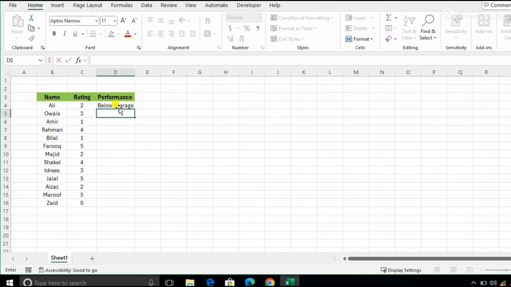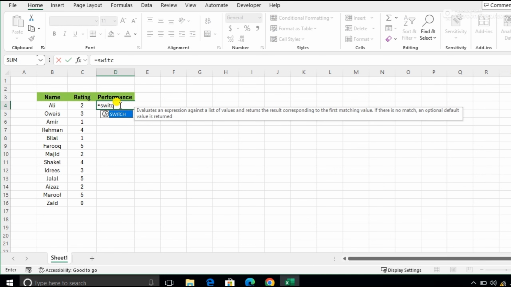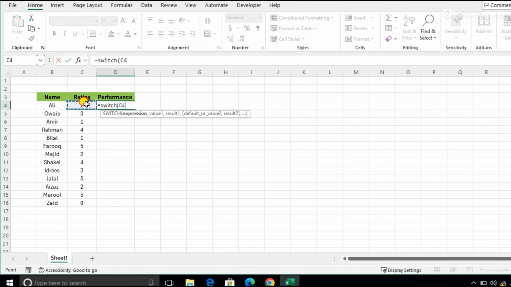So I have write some command here like equal, switch and bracket and select this cell, comma, and then 0 for I have write bad, then comma, and 1 for okay, and then 2 for below average, and then comma, and 3 for good,